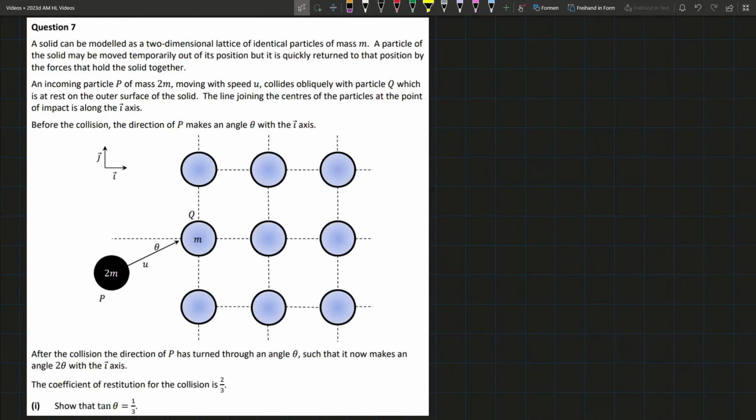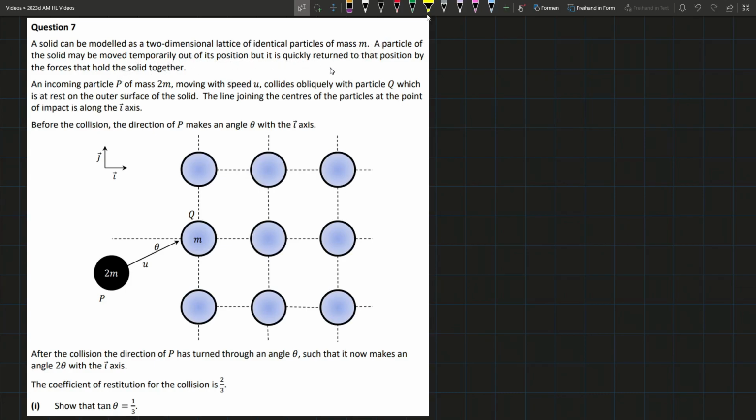Question 7 is an interesting collisions question. So instead of our traditional two balls hitting each other, we have this collisions question in the context of particle physics almost. Basically, we have a solid which is modeled by a two-dimensional lattice, like a little square of balls, and they're all of mass m, and a piece of it can temporarily be moved out of